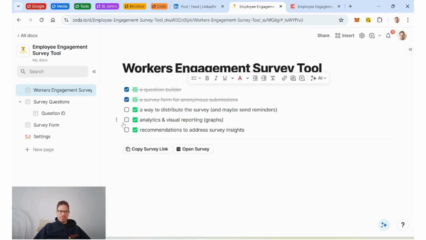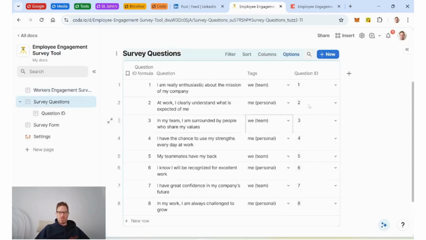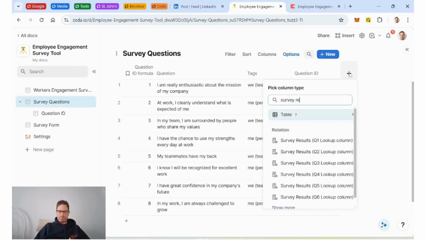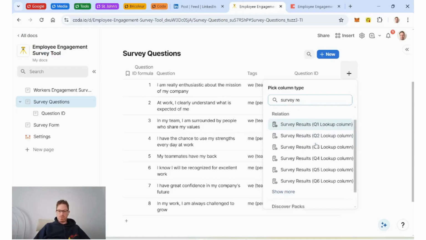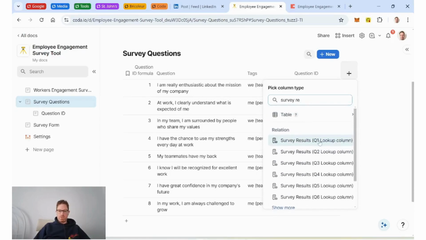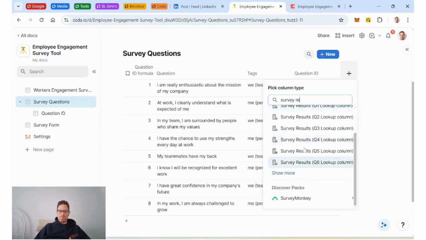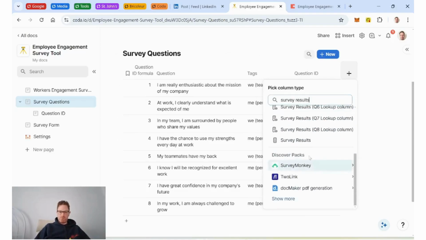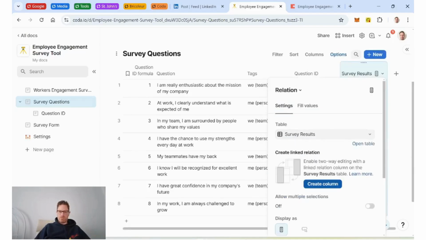But now it's analytics and visual reporting. So, excuse me, I think the best way to come at this is from the survey question side of things. If we say survey results, you can see there's all these relation columns for Q1 lookup column. But that's not really what we want. I think what we want is the full table, and I'm just gonna hack a formula together